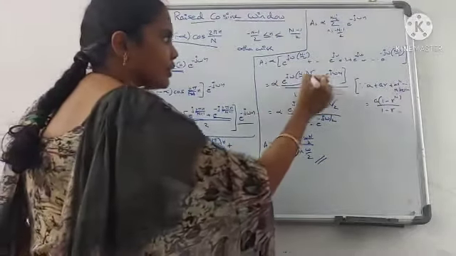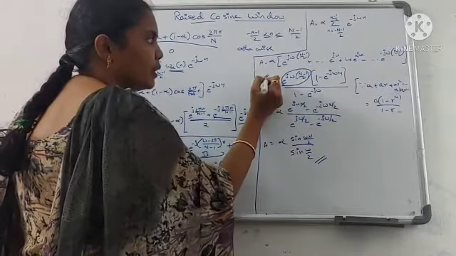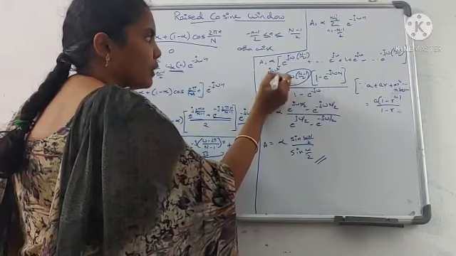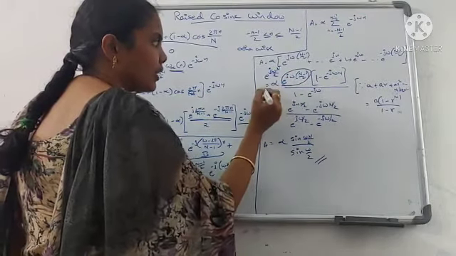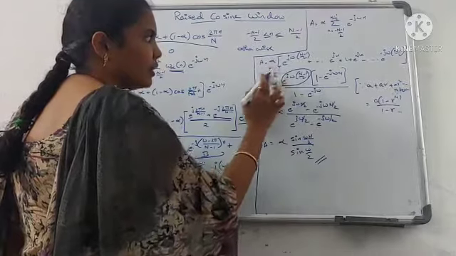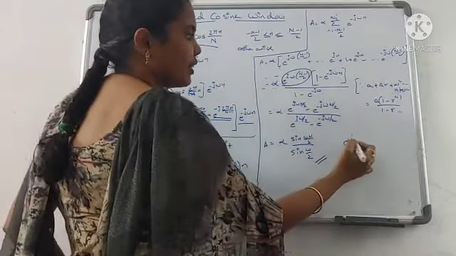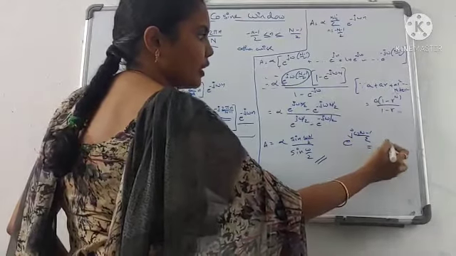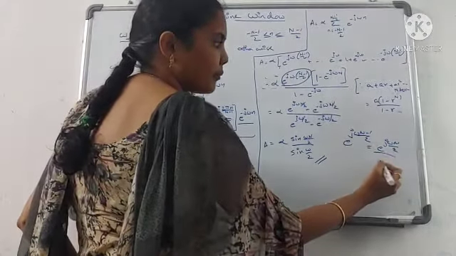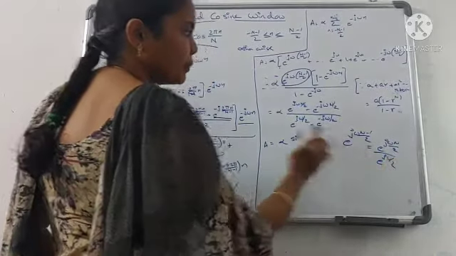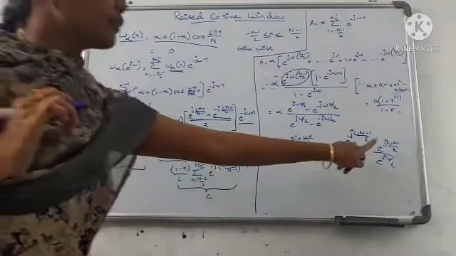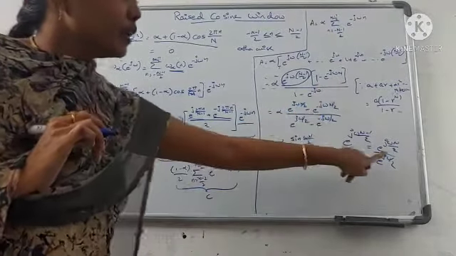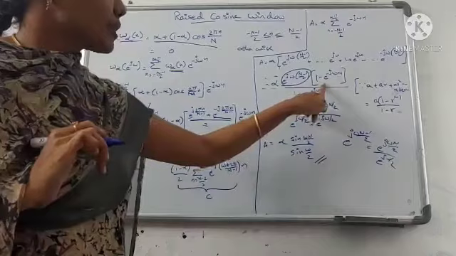so this equation you have to write as e power j omega n by 2 divided by, so this equation you can write as e power j omega n minus 1 by 2 is equal to e power j omega n by 2 divided by e power j omega by 2. So after this you have to multiply with these two terms, e power j omega n by 2 into this term.